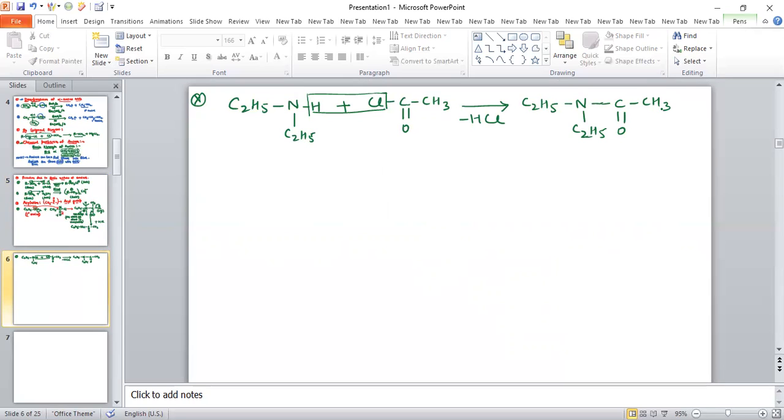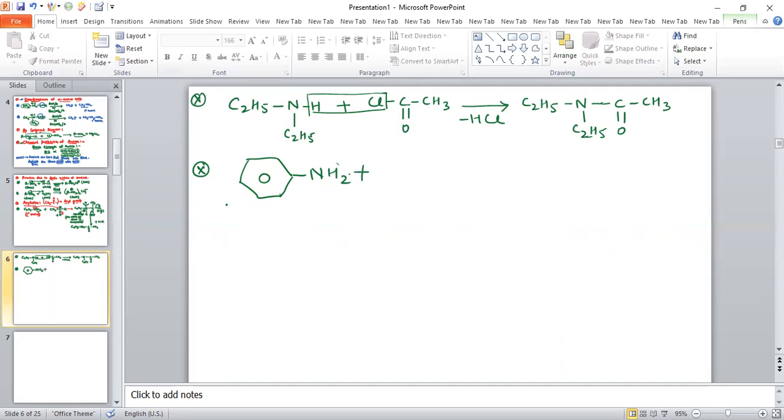In the same way, if there is an aromatic amine like this, aromatic amines like aniline I am talking about. So this is basically aniline. You can write aniline in this form also. NH2 is there. Aniline basically has NH2. So you can write one hydrogen is there.